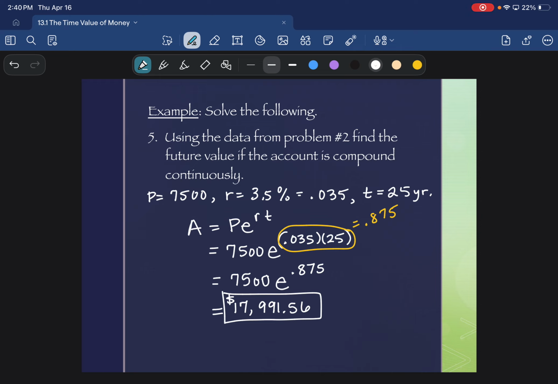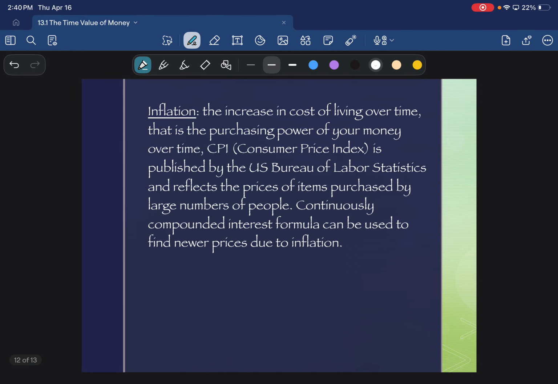Okay, but like I said, you're not going to go find an account that gives you continuously compounded interest, so what's the application? Okay, grab your phone, take a picture. The application is in terms of something called inflation. So inflation is the increase in cost of living over time. That is the purchasing power of your money over time. CPI, Consumer Price Index,